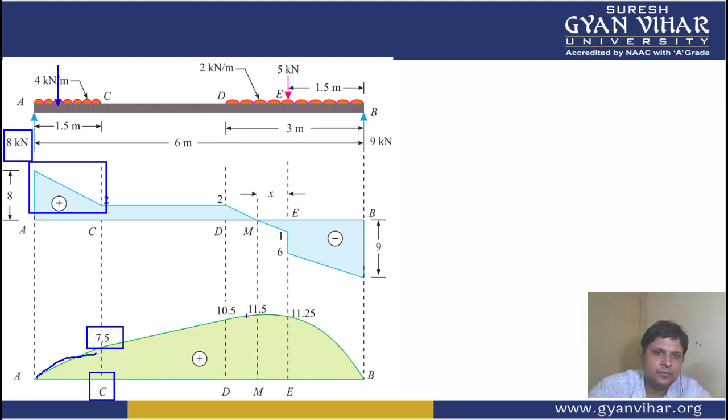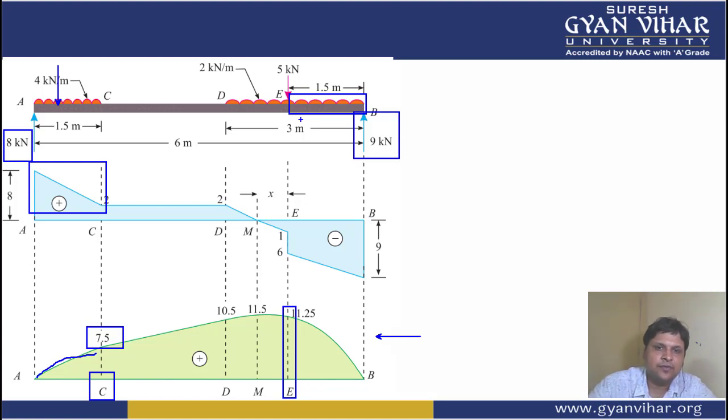Then again, students, at point E, what we will do now for finding bending moment at point E, we can start from this side. It will be easy because you have only a UDL in this portion, and we will consider the UDL of this much portion only, which is on the right hand side of this point E. So this is the point load, students, 9 kilonewton. Its distance will be how much? Its distance will be from this 5 kilonewton load, 1.5. So 9 into 1.5.